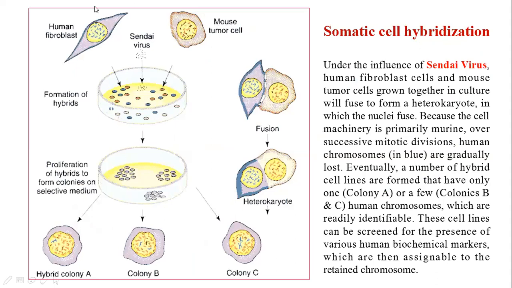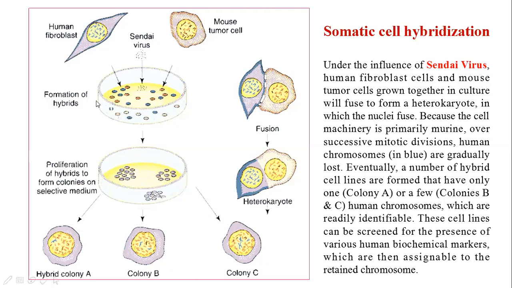Here you can see this. This is Sendai virus. Sendai virus is used along with human fibroblast, the blue chromosomes, of human origin, and mouse tumor cell, the red one. Under the influence of Sendai virus, human fibroblast and mouse tumor cell are grown together in a culture,